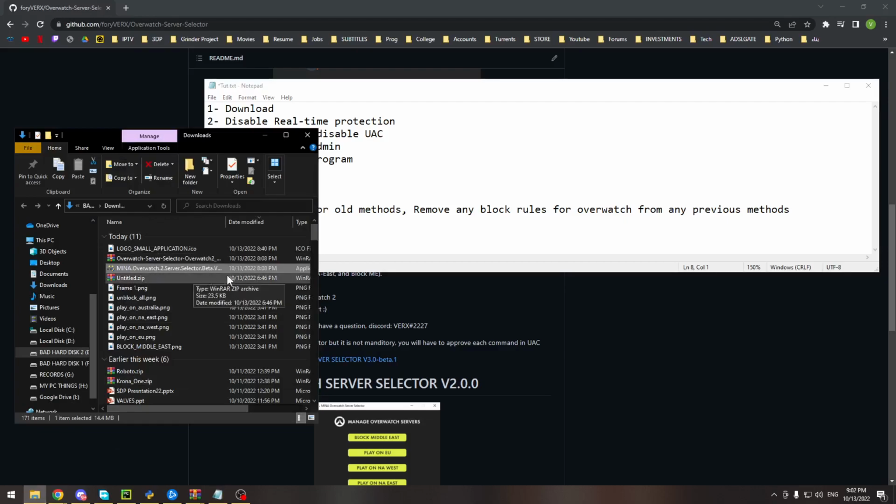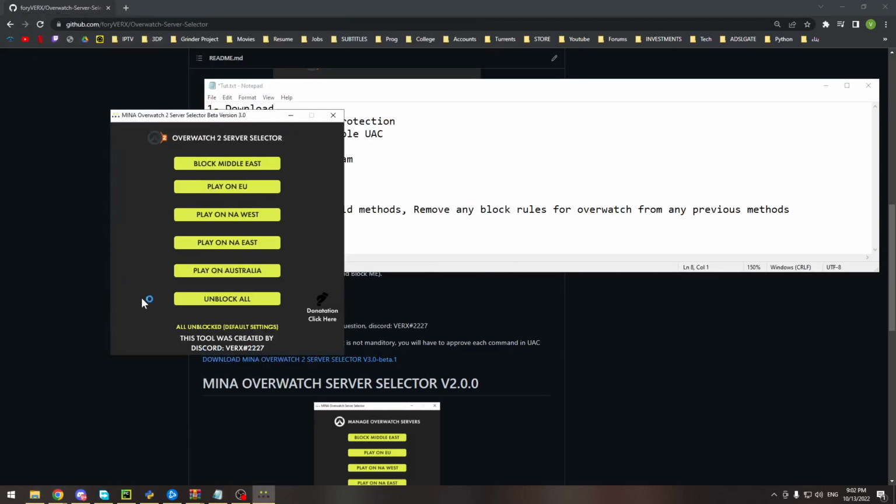So, how to use the program? You basically just run it. It will run, and you will have this window at the start. You will get all unblocked default settings. You actually don't block anything. For example, if you want to play on EU, you just press play on EU and it will tell you which server you are playing on.